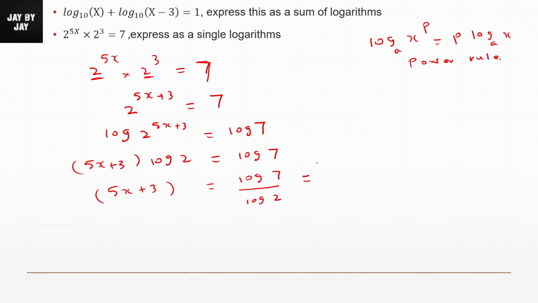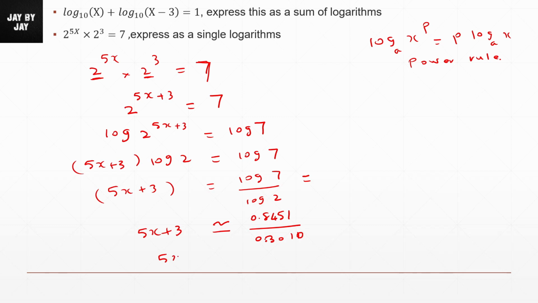So log 7 is simply equal to 0.8451, and log 2 you need to find out by using the calculator: 0.3010 here. And here we will get 5x plus 3. We will take the approximate value, to the closest decimal point. Okay, so